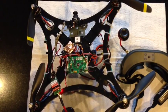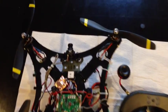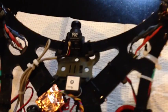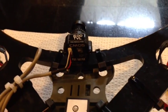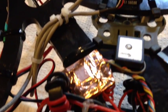Okay, guys, here is the Fatshark Predator 2 system all mounted on my quad. And I'm just going to take a quick little close up here. This is where I have my camera mounted on the front here. You can see there's a little cable coming out. Then I'm going to follow the cable very closely here